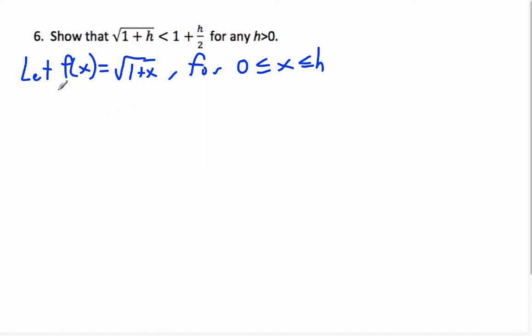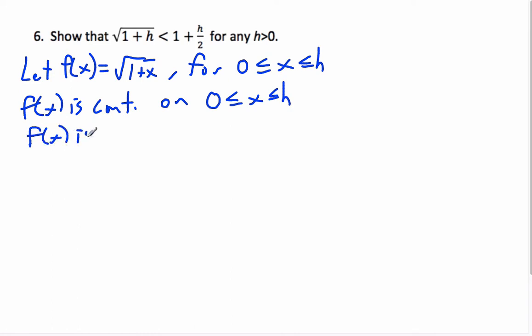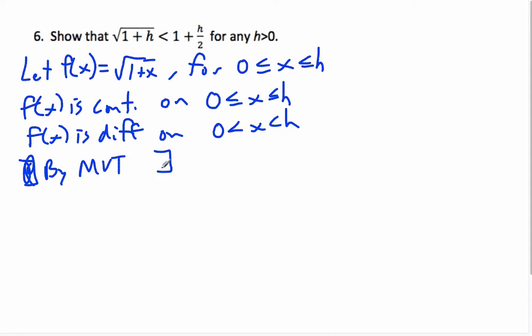So we know this is continuous, and let's write down f of x is continuous on 0 less than or equal to x less than or equal to h, right? And f of x is also differentiable on 0 less than x less than h. So by MVT, there exists